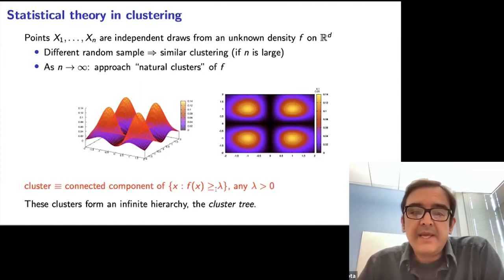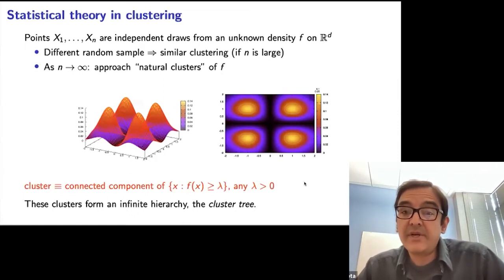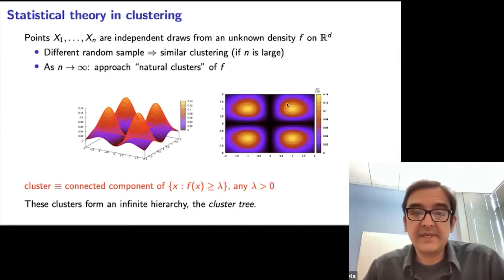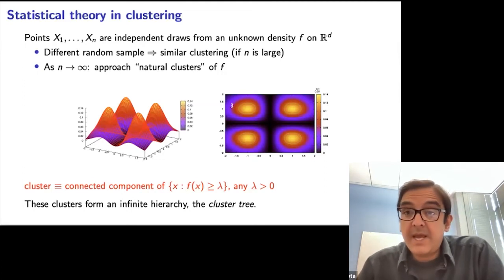So what we'll say is that choose any density level lambda, and now look at the region of the space that has density greater than lambda, okay? Any connected component of that region is a cluster. And since there are infinitely many choices of lambda, this means that we have infinitely many clusters, okay? So this inner thing is a cluster, the slightly larger one is a cluster, the purple one's a cluster, and the same for all these 4 groups, okay? So there are infinitely many clusters, and they form a tree. And this is the cluster tree. And it turns out that this is what single linkage is trying to converge to.